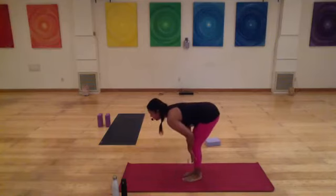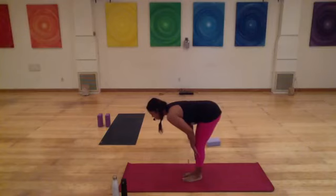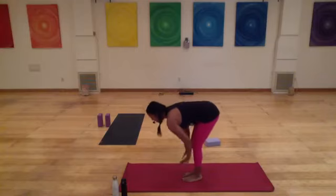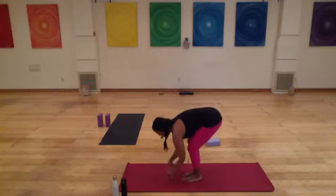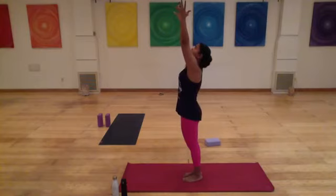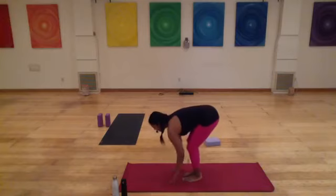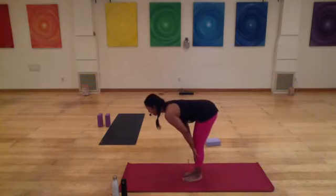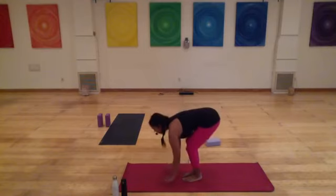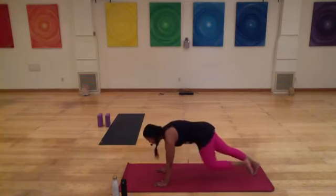Inhale to a halfway lift, so hands on the shin. Your crown is pointing towards the front and your tailbone towards the back of the room. Keep that length in the spine. Exhale, fold. Inhale, sweep up, look up, rise up. Exhale, hinge from the hip to a forward fold. Inhale to a halfway lift with a flat back. Exhale, fold. Drop your palms on the mat and shift the right leg back and then the left to come